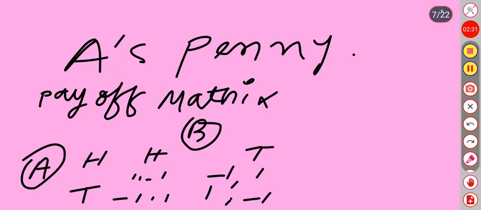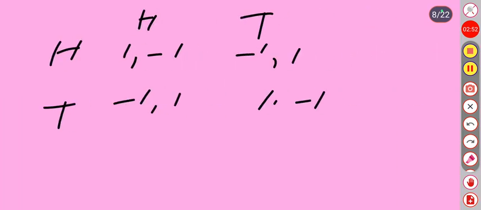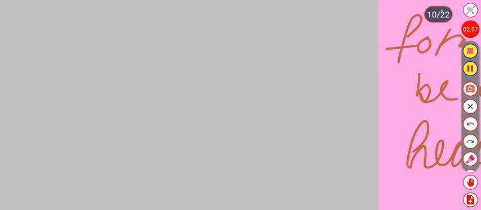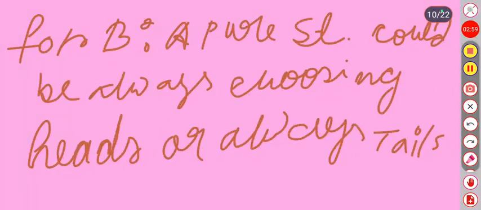But for head tail and tail head, player B wins because the payoff for B is 1. That is why there is no pure strategy Nash equilibrium. We find the mixed strategy Nash equilibrium in this case, and